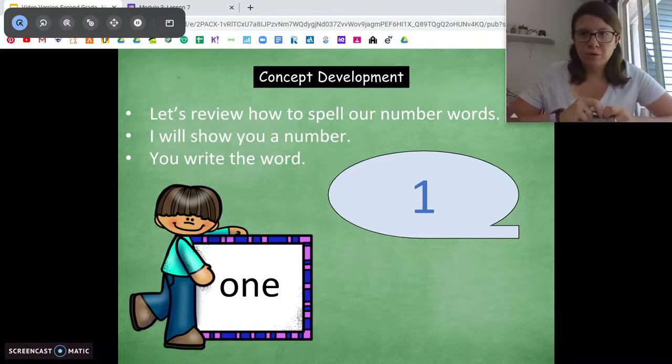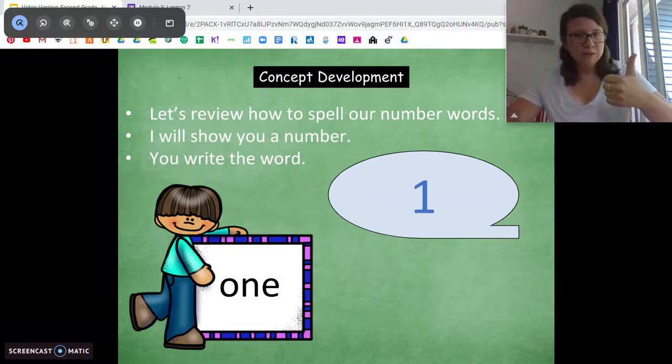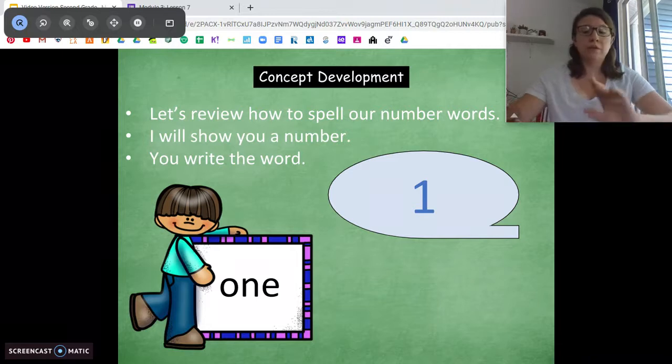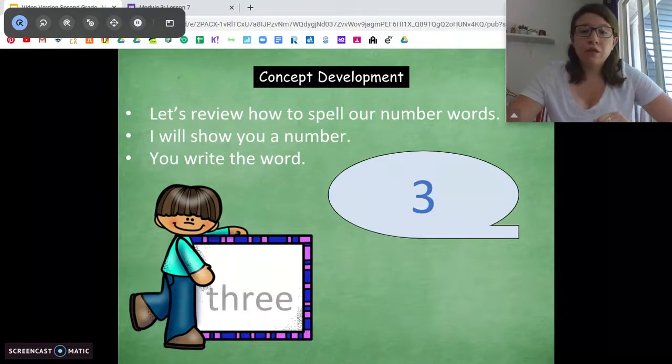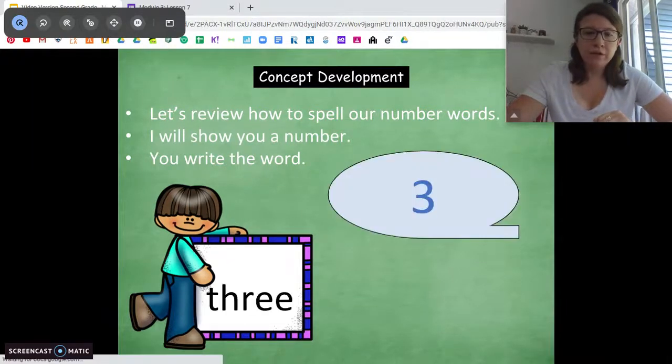Ready? Let's go over it. Make sure you spell them right. It's very important that we know how to spell our number words so that when we're reading, especially word problems, and a number is written in word form, you know what it is, okay? So this is 1, 2, check your work, make sure you spelled them right, 3, oops, sorry, that was fast,